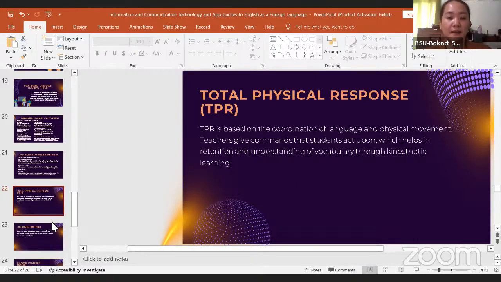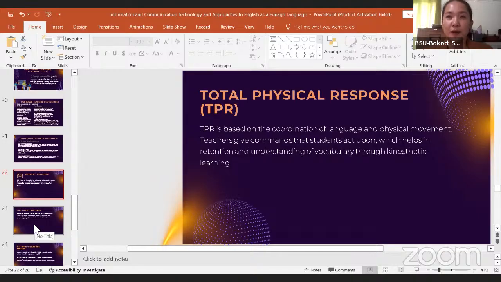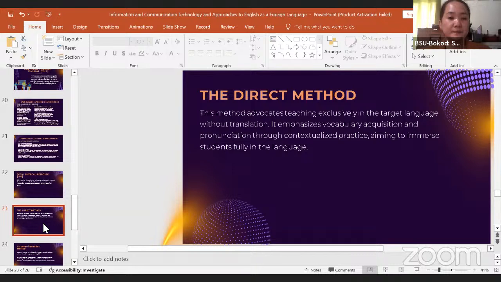But for EFL, especially for lower level, in your case, this can be one strategy for you to do, especially in teaching the action words or even other words. As you give the command, they will be able to act on it, and then they retain the vocabulary in their memory. So that is the total physical response.